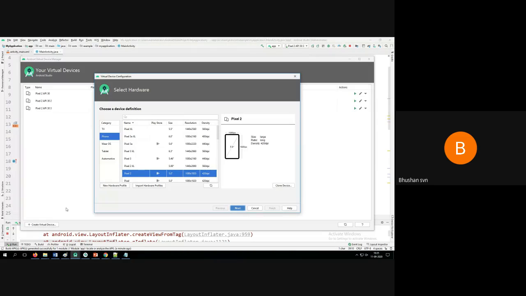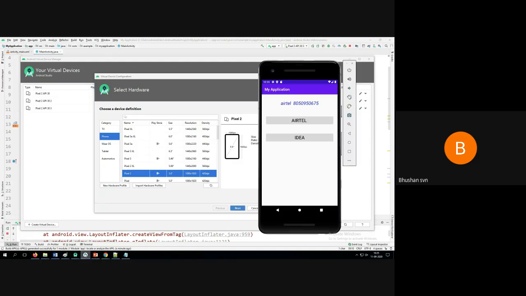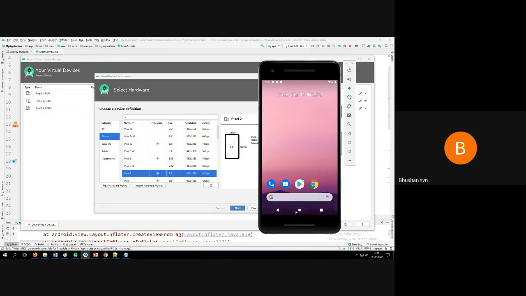Then you can connect to it and run your .apk files on the mobile devices. That is possible to do. So this is all about the first program, and whatever options you want, you can do all these things.